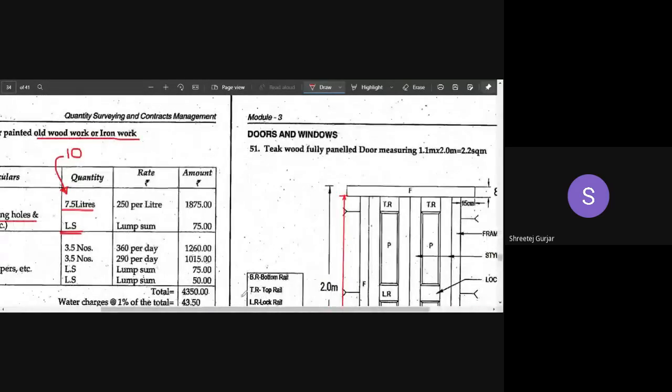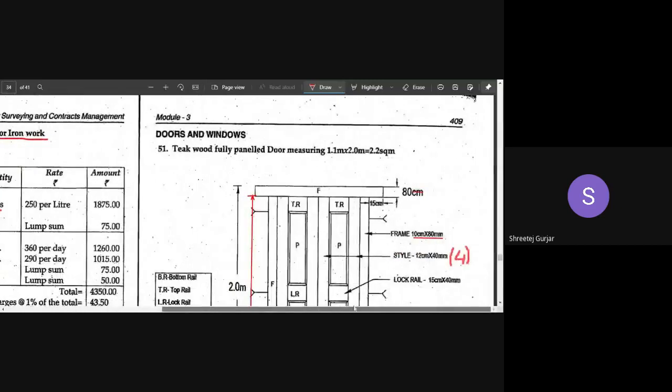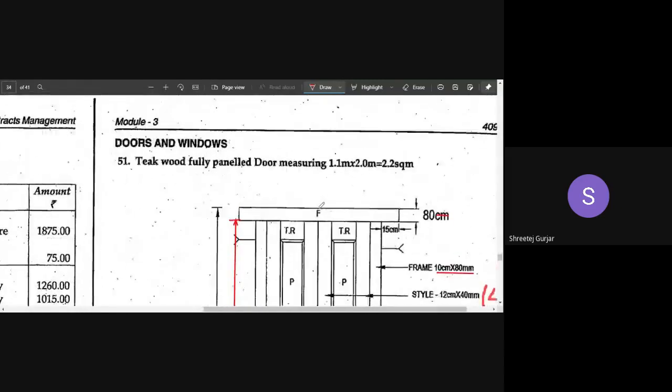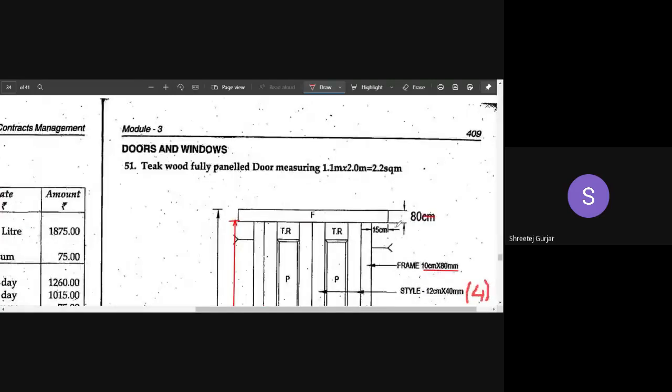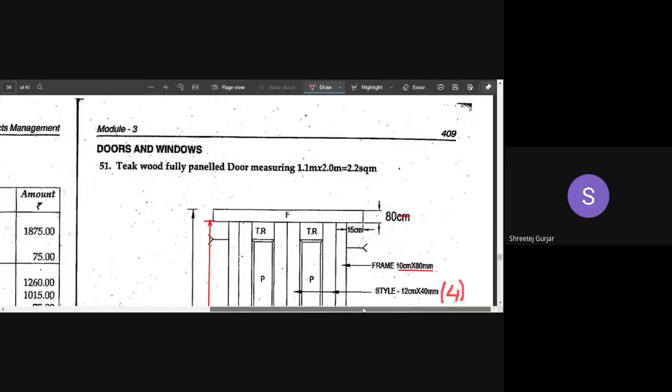Now, once we are done with paint, we have to look into quantity calculation of timber. Timber calculation for your doors and windows. Material calculation for doors and windows. Very important. I hope paint and all those things are clear. So shall we move on to the material calculation of wooden work,